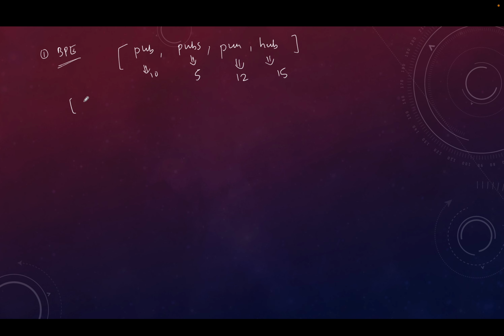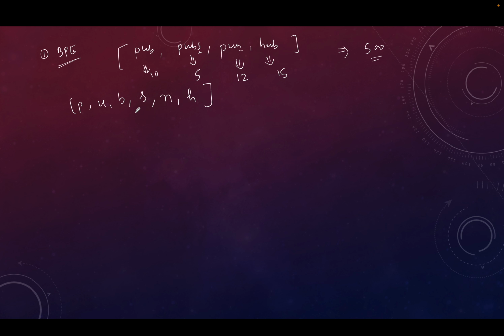It starts with all the characters. So we have a character P, we have a character U, B, and PUB is already included. So we have S, then we have PU is included, N, and then H. So it starts with individual characters. Let's say our vocabulary requirement is that we can have up to 500 words in the vocabulary, or 500 unique tokens. So we started with these characters. Then we will see what are the next